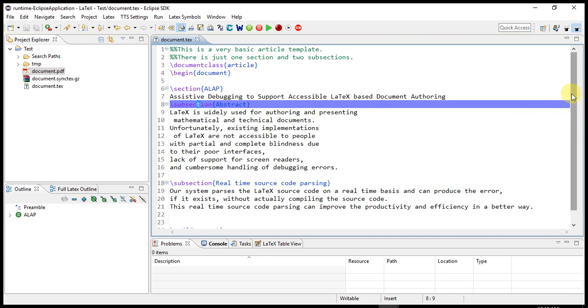Now for the final step, I'm again converting the LaTeX text into speech for the whole file. So I will press Caps Lock S. Percent this is a very basic article template. Percent there is just one section and two subsections. Backslash documentclass opening curly bracket article closing curly bracket. Backslash begin opening curly bracket document closing curly bracket. Backslash section opening curly bracket TAIL-OP closing curly bracket assistive debugging